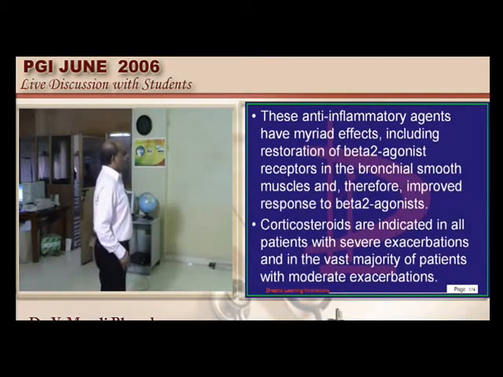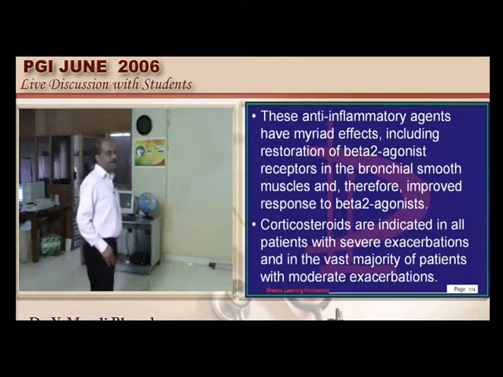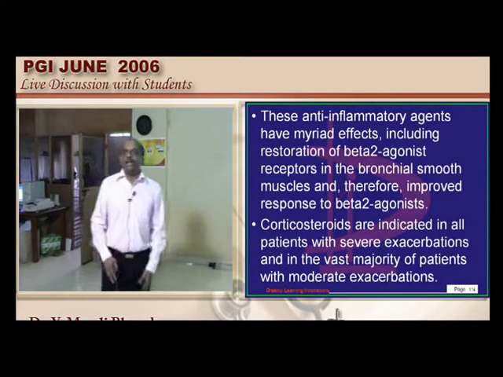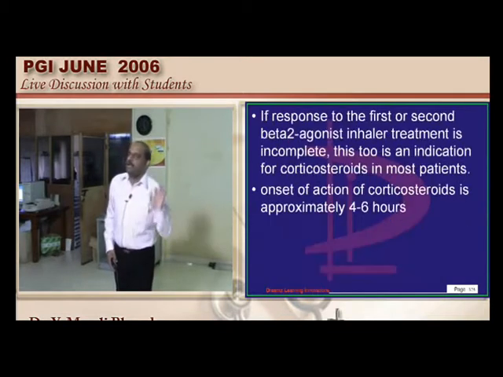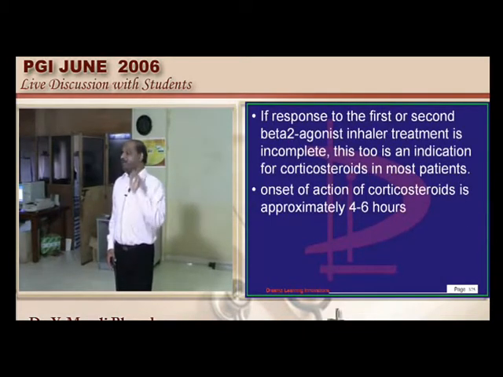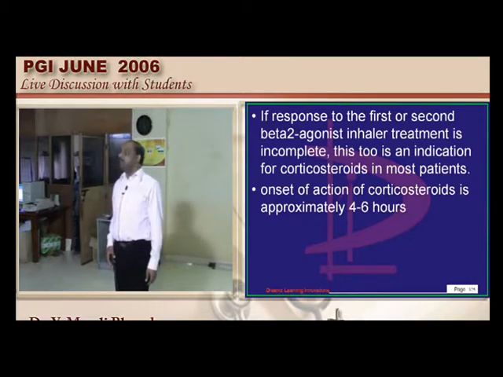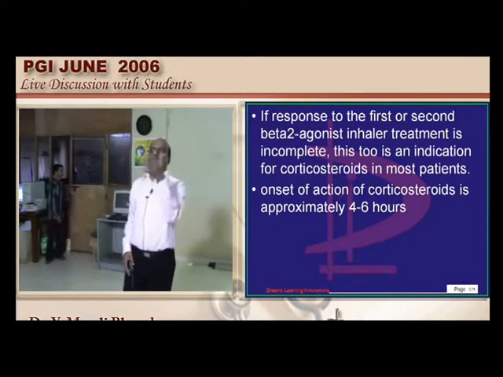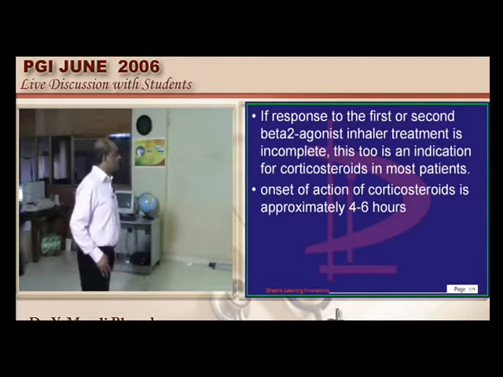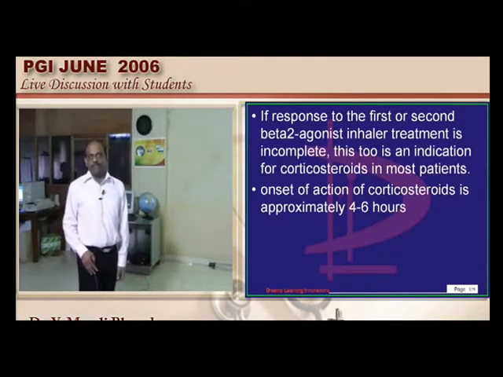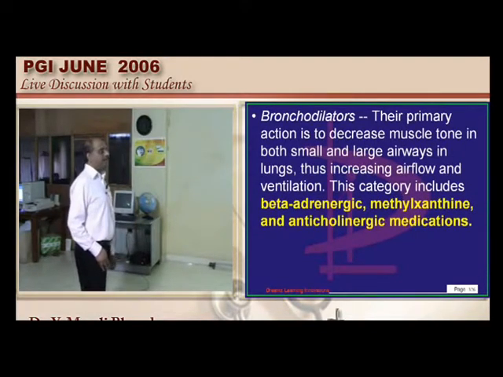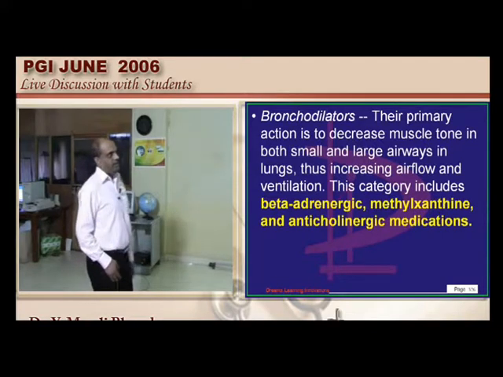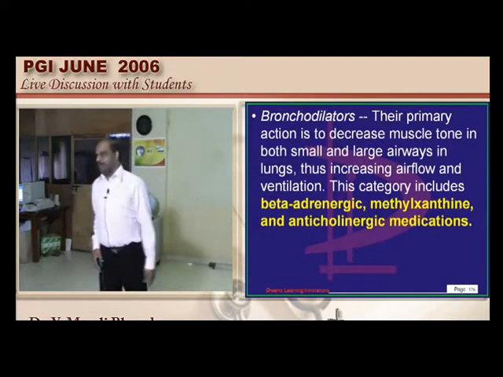So corticosteroids, whenever there are severe exacerbations, they are indicated, but if you give corticosteroid, do you expect relief immediately? 4 to 6 hours it will take. So don't give steroid and then sit. Always include beta 2 agonist, which is salbutamol, is considered to be the king among chemicals in managing an asthmatic exacerbation, is what needs to be remembered. So ipratropium, like anticholinergic medications, beta adrenergic agonists, methylxanthine, they all are the powerful bronchodilators that we commonly use.